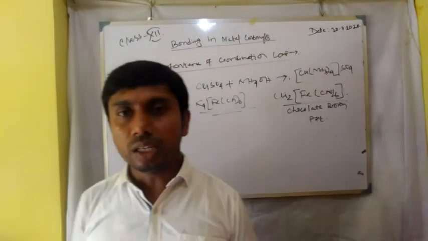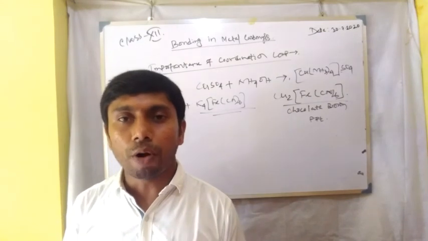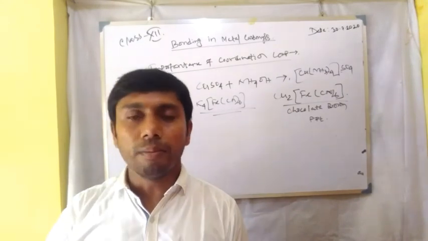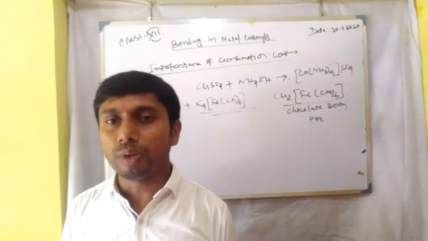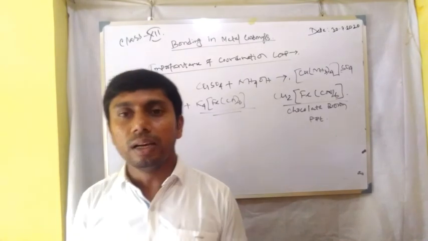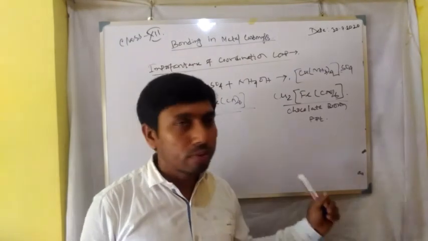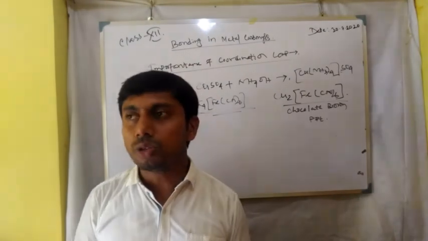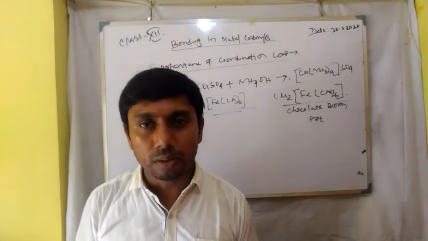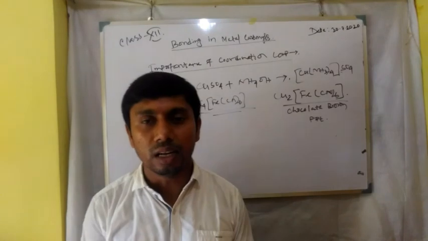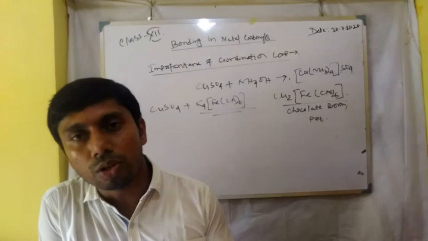In biological systems also, in magnesium in chlorophyll, there is a porphyrin ring, where the magnesium or, in hemoglobin, the iron atom combines with the porphyrin ring, a heterocyclic ring. It is also an application of coordination compounds. And also in medicinal chemistry, there is cisplatin. Cisplatin is used as an anti-cancer drug, a medicine for cancer, and it is also a complex compound.